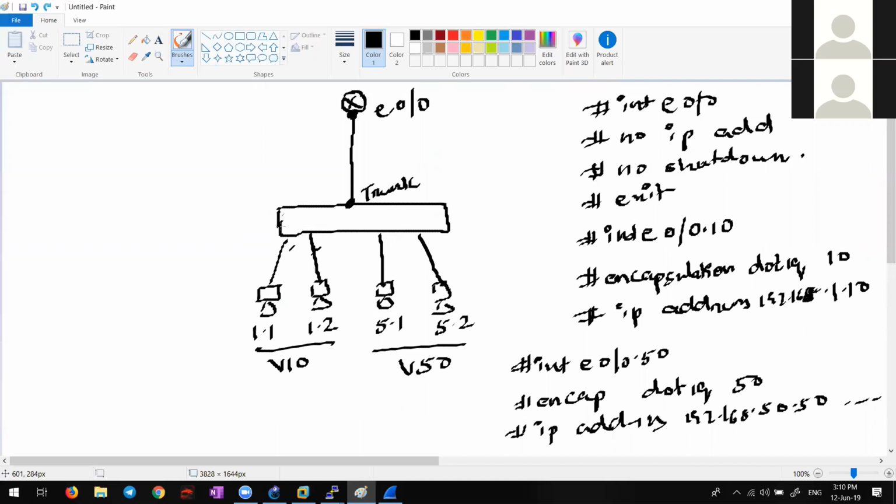How will the data flow happen from here? It will go to its default gateway through the sub interface, and it will go to the next sub interface, and it will come back. This is how the communication will happen, right? This is what is called inter VLAN routing, or the router on a stick method. Correct? Clear? You want to write it down? This is all you studied in NA, right?